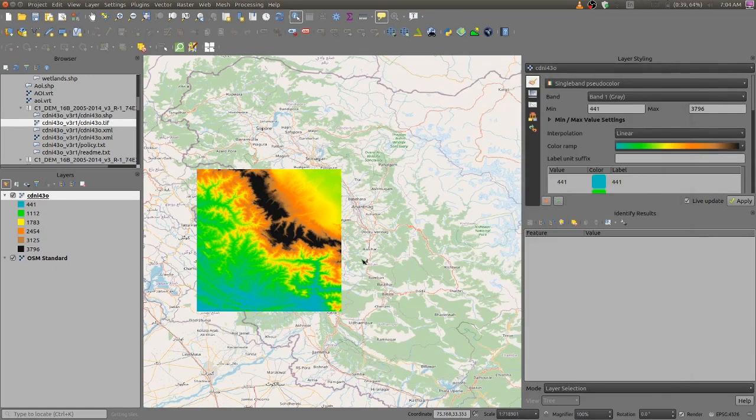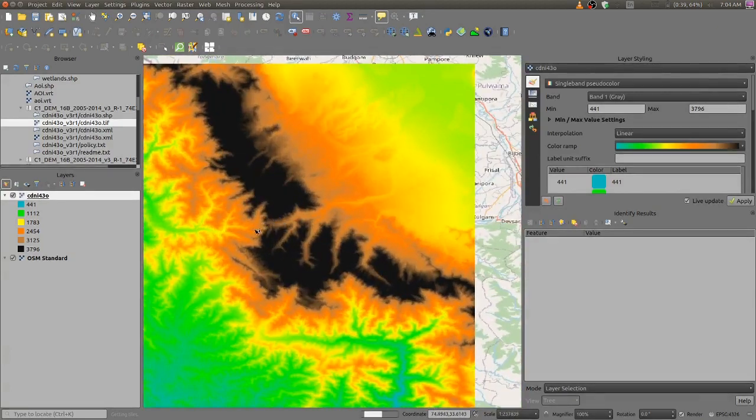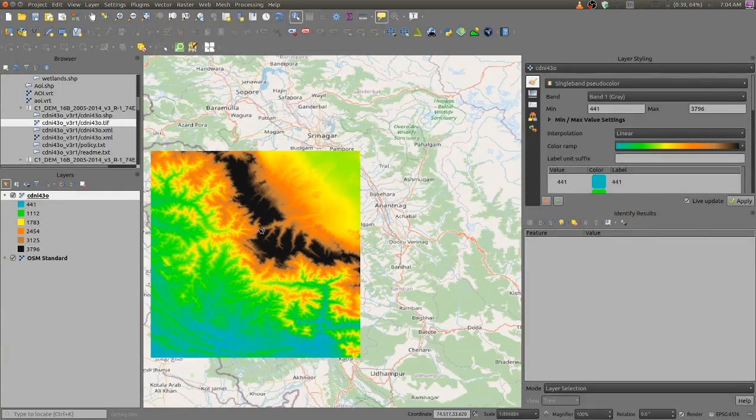Okay, now you see the change in the appearance of the DEM. The black dark areas are higher elevation and these blue areas are lower elevation. We can see this by clicking this identify tool and clicking on dark areas, which will show 3900. This is elevation in meters, and this blue color, we click and this is 506. So by giving color to different elevation ranges, we have changed the look of this map.